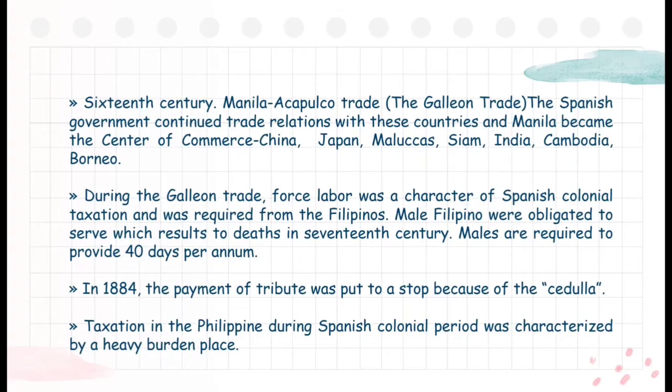During the 16th century, there is what we call the Manila-Acapulco trade, which is commonly known as the galleon trade, where the Spanish government continued trade relations with the neighboring countries of Manila, and Manila itself became the center of commerce to the neighboring countries. So, by means of this event, this improved the economy of the Philippines and reinforced the control of the Spaniards